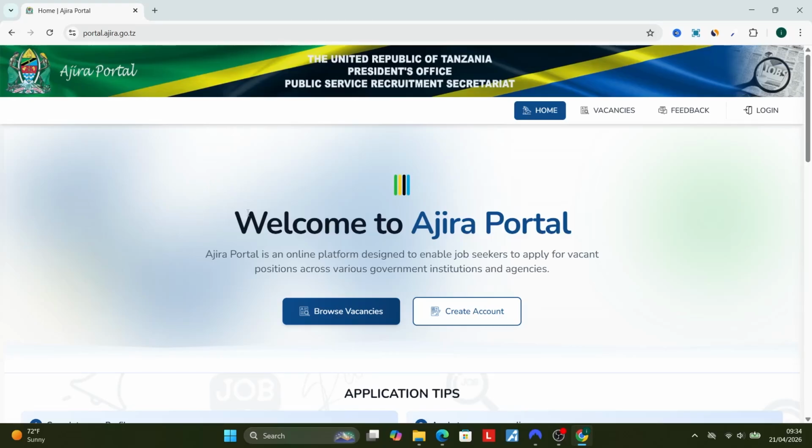This tutorial will guide you how to register an account on Ajira Portal. Now ensure that you follow the instructions very carefully. Now you can go to